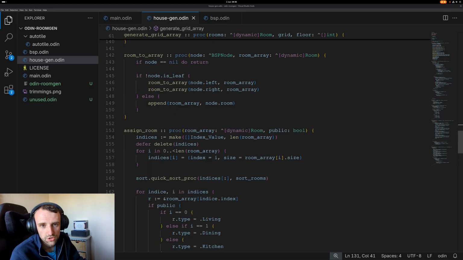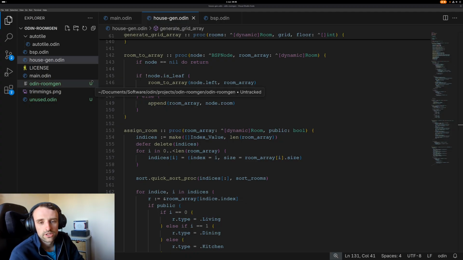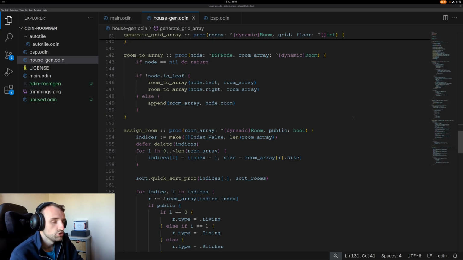When it comes to assigning the room, I made a bit of a change. I was using quick sort to just sort the array and then return that sorted array. In this case, I didn't want the array sorted because that can break the tree flow. It's not always the case that the first in the tree is going to be the biggest room, and therefore if we do sort it, sometimes we lose that door connectivity. You could sort it and then just rerun the whole thing again, and so on and so forth. But I wanted to reduce the amount of loops that happen, otherwise it gets excessively inefficient